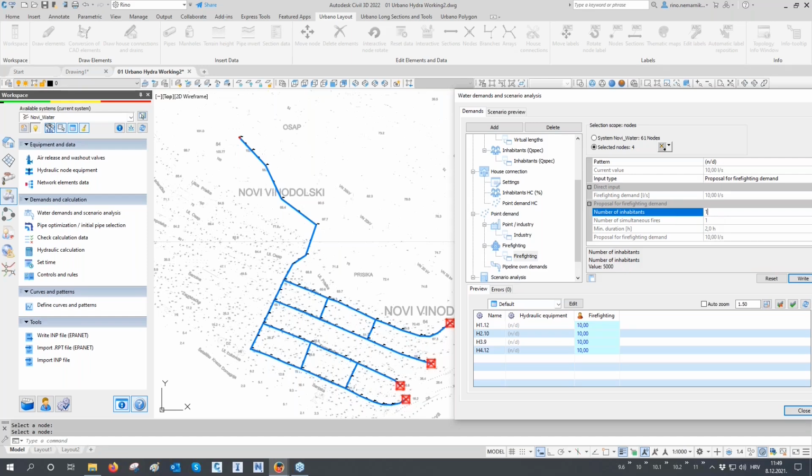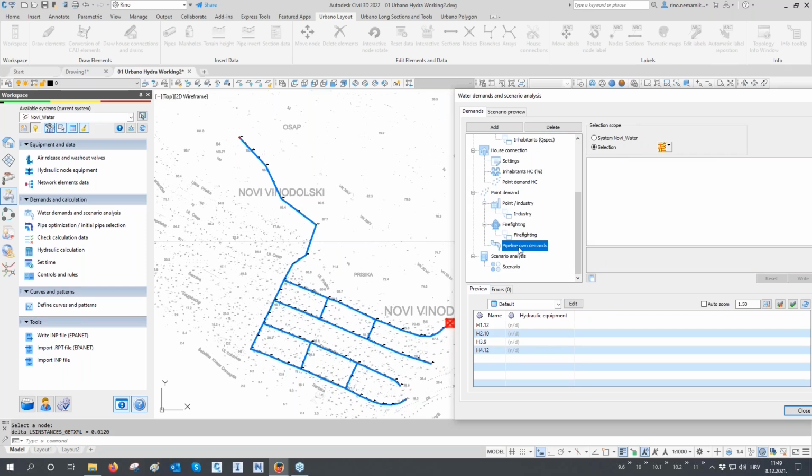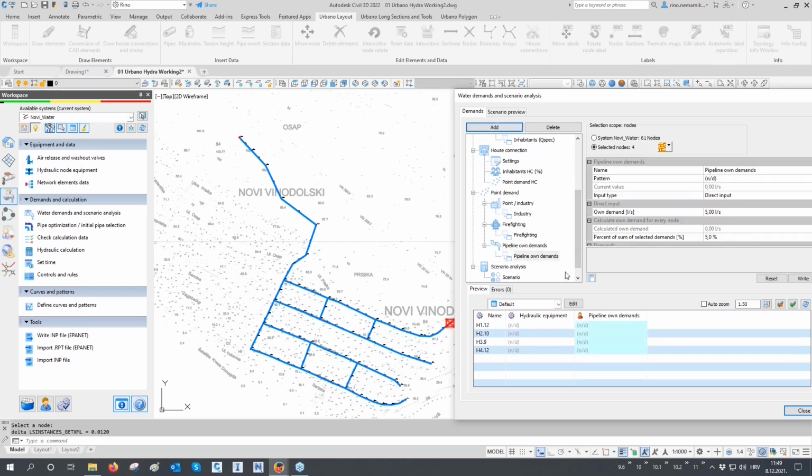Or if I switch to 10,000 people, you see that the proposal for firefighting demand is 15 liters per second. So if we click right, now you see that this proposed value is written to each node in selection. And also we have something that we call pipeline own demands, which can be treated as some quantities of water that, let's say, the water company spends on cleaning the pipes or some repairs on the network